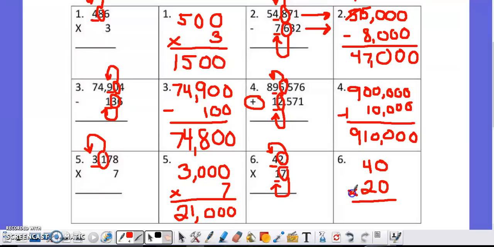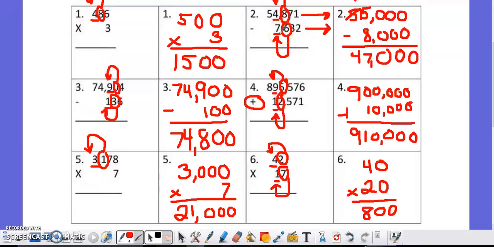You'll be all right. Ready to multiply. 40 times 20 is 800. So you can see in these 6 examples, whenever you have a multi-digit number that doesn't match exactly with the other,